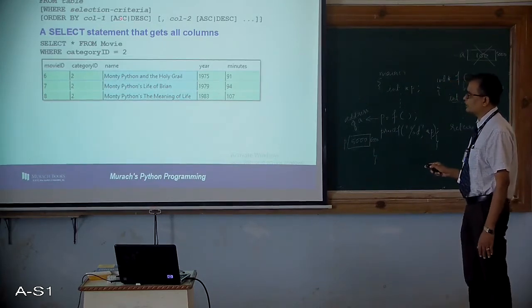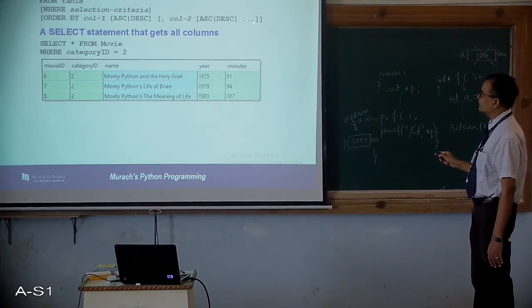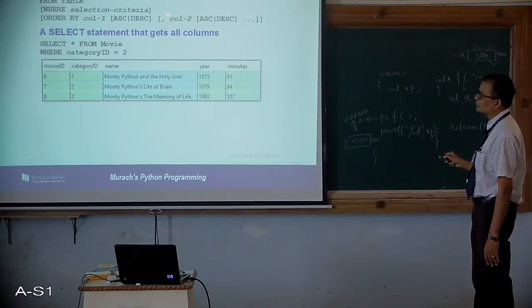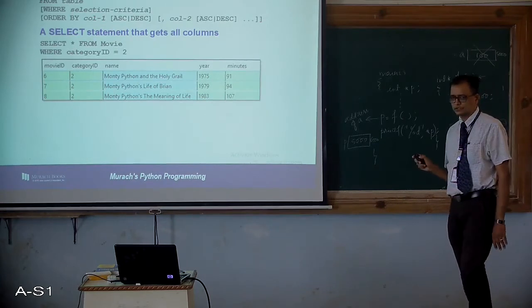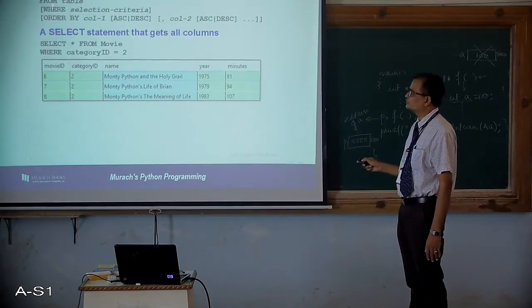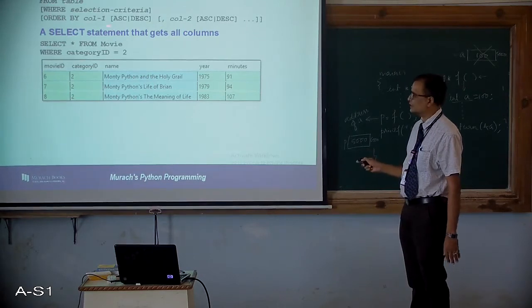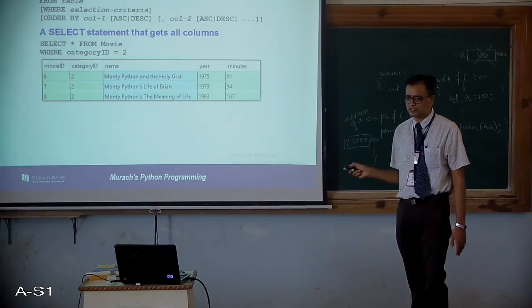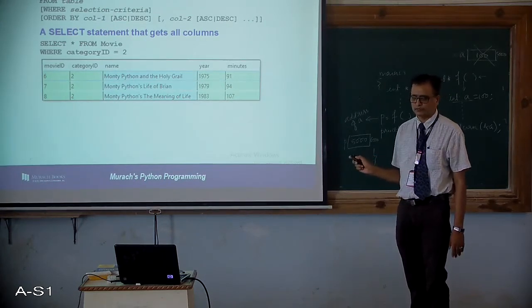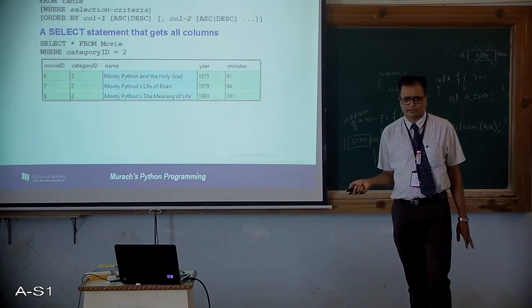Then order by column 1, ascending descending, column 2 ascending descending. You understand why it is written in square brackets. I have already explained. Square brackets actually indicates what? It indicates optional. If suppose you don't want to write it, you can just leave it. So only these first two lines are not in a square bracket. The rest all things are written in the square bracket. That means bare minimum requirement for writing a select statement is select star from table. Okay, where table is a table name. These two are not required always.